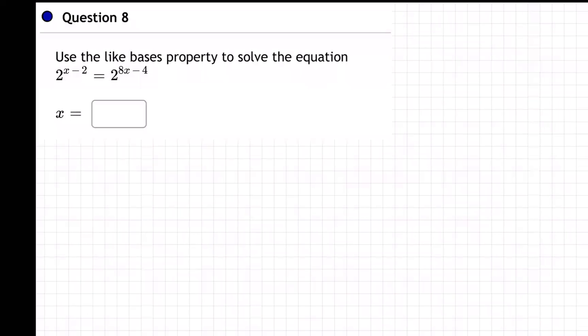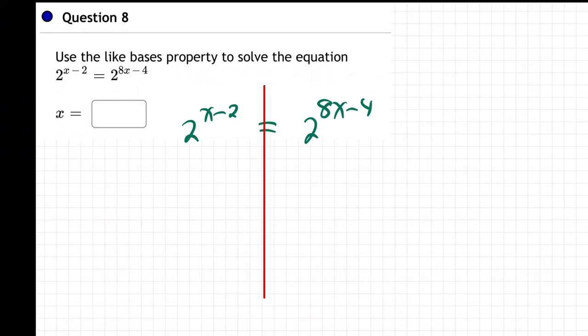Okay, so on this question, we have 2 to the x minus 2 equals 2 to the 8x minus 4. So there's the equal sign. So basically, when the bases are the same,